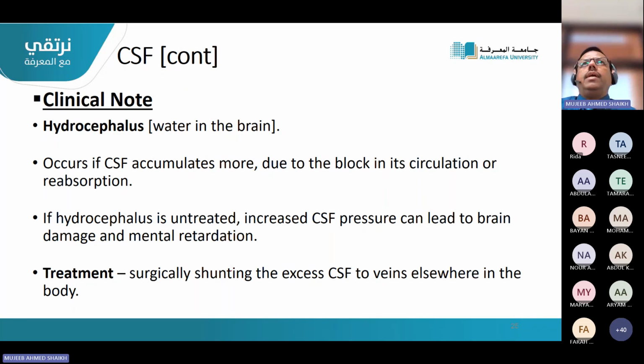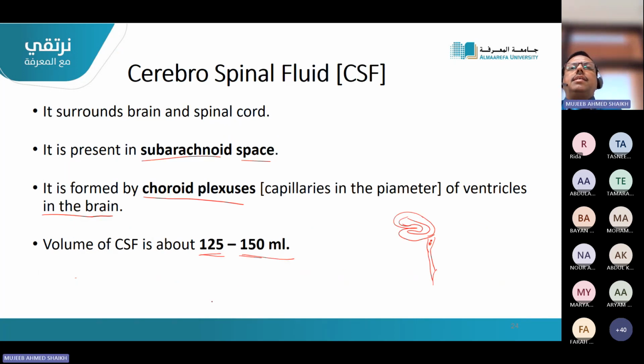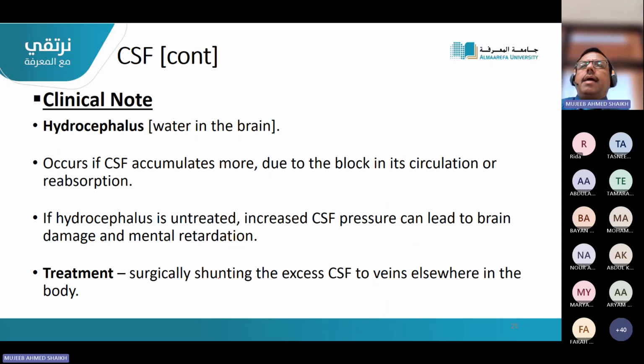This is formed through the capillaries. Where is the cerebrospinal fluid coming from? It is coming through the capillaries. Capillaries contain what? Blood. So it is formed from the blood only. And it is absorbed again in the venous system. It is not that it is formed and then kept like that. It's not that only 125 ml is present since birth. It is secreted and it is absorbed. So at any given moment, it will be around 120 to 150 ml.